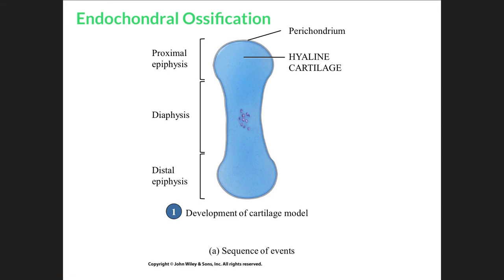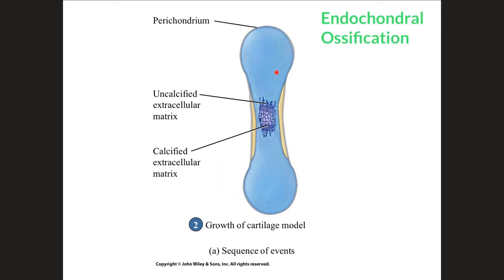Just like we saw in intramembranous ossification, we also have the development of the ossification center right in the middle of the bone. As this initial cartilage model continues to grow, the cells in the mid-region are going to increase in size or undergo hypertrophy. This is going to stimulate the surrounding extracellular matrix to start to calcify. So you can see here there's going to be some calcification that is going to occur around these cells that